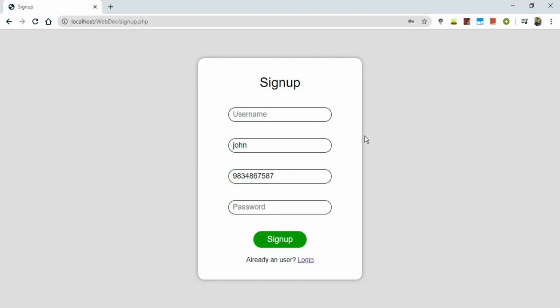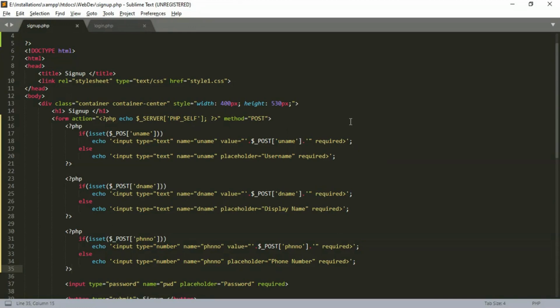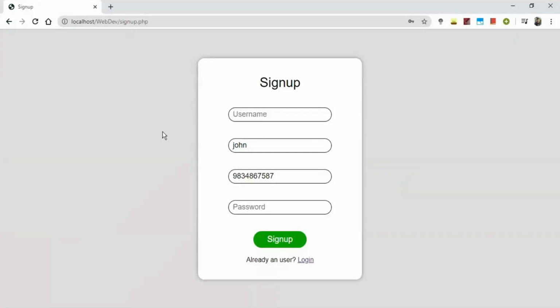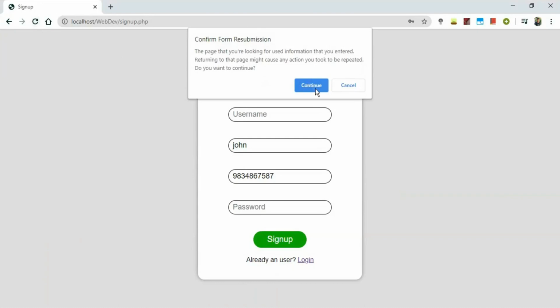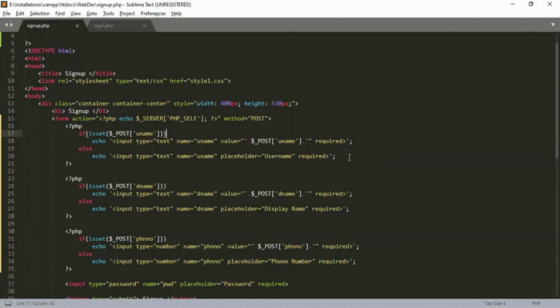What went wrong this time? Let's check. Yes, we just misspelled in one of the lines. Let's change it. It should work fine now. Yes, we got it.